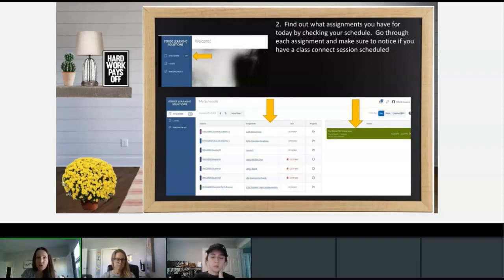You're also going to check here on the right-hand side: do I have any live sessions that I am required to go to? They are here. You guys have already seen that. They're in the colorful rectangular boxes here. If it says required, you go to that. And you know what? It's not 9 o'clock yet, right? Because I told you to get on your computer before 9. So you're checking your email, you're figuring out what assignments you have for that day, you're looking to see if you have any live sessions, all before 9 o'clock. Because if this is 9 o'clock here, you're going to click on it and you're going to be ready to go.